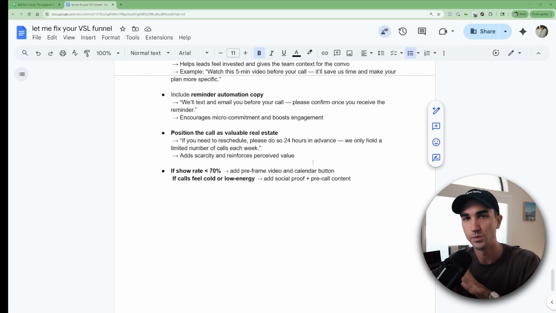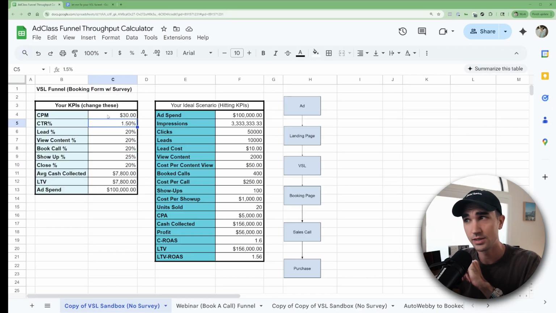So again, if show rate is below 60, 70%, the video and the calendar button can help a lot. If the calls are feeling cold or low energy, it might still be a VSL issue. And it might also just be that they're researching you a little bit in between now and then. And it might also just be congruence through the funnel or offer alignment with what you're actually teaching in the VSL. So a lot of tweaks can be made, but ultimately our goal is going back to this throughput calculator